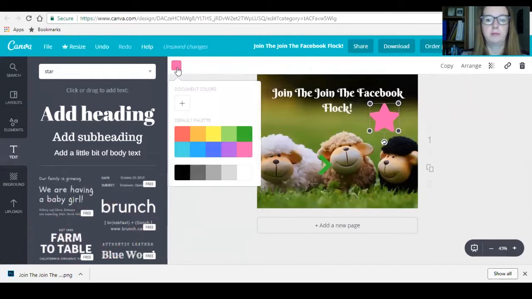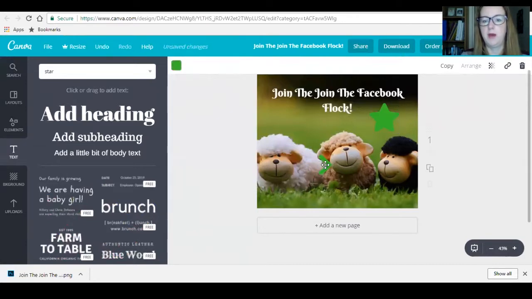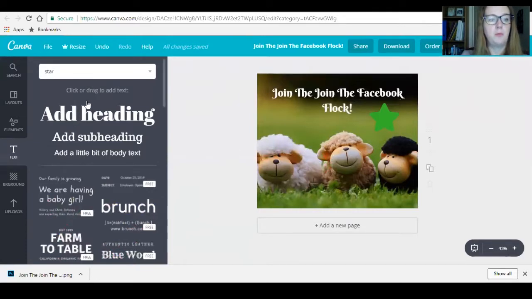I don't like pink. Doesn't look good on there. Let's try a green star. I'm going to delete my arrow because that looks a bit daft. Okay. And then we're going to add a little bit of body text. And then if you add a little bit of body text here,